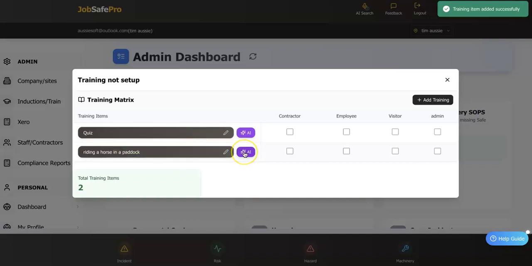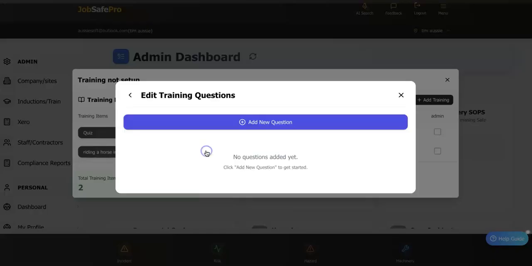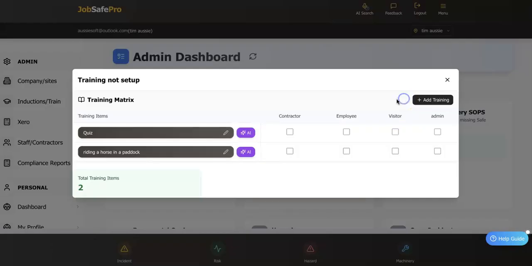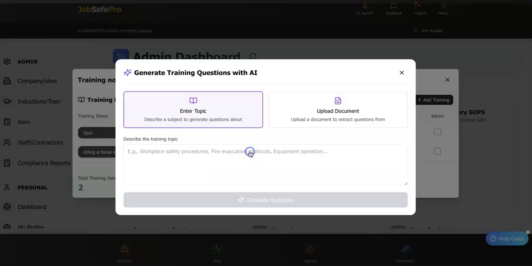Now this is where we generate questions and answers, multi-choice answers for them to pick from, and they can go through and do an assessment. And we can either manually generate those questions and answers, or we can say to AI, we can upload a document and AI can read through and come up with some questions and answers, or we can just say,